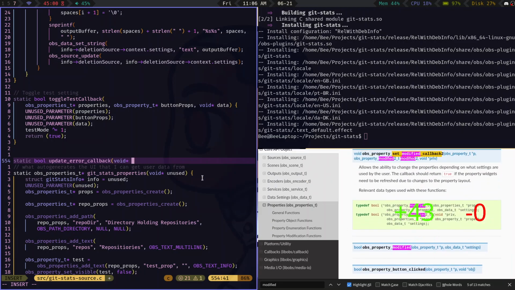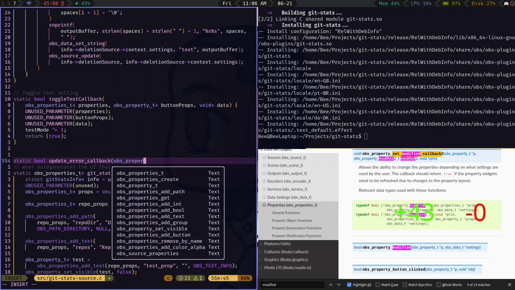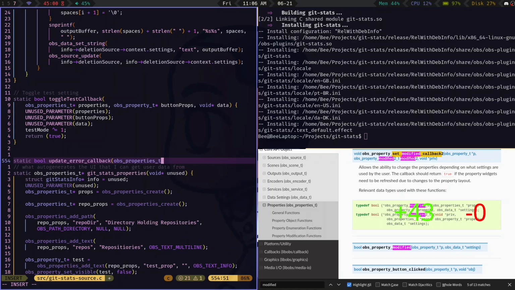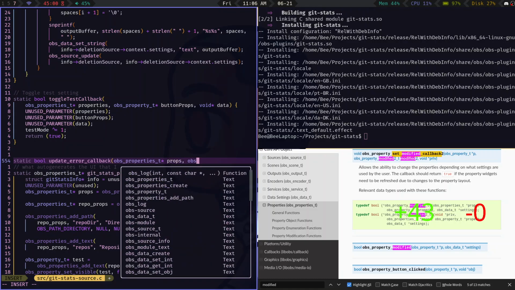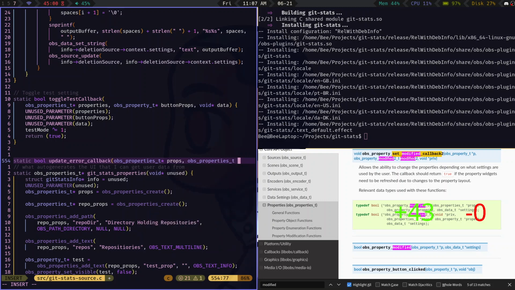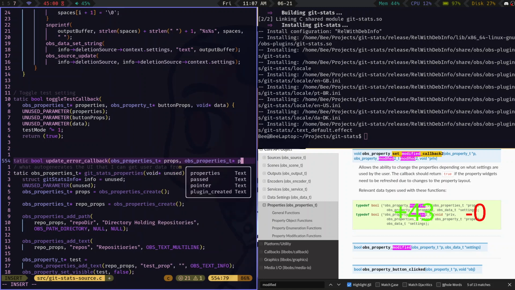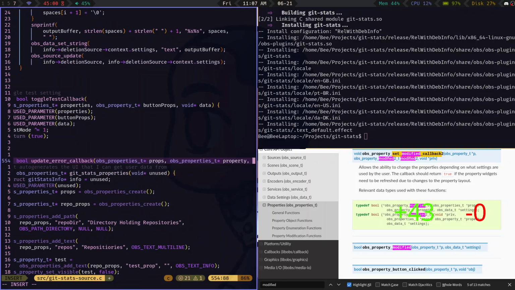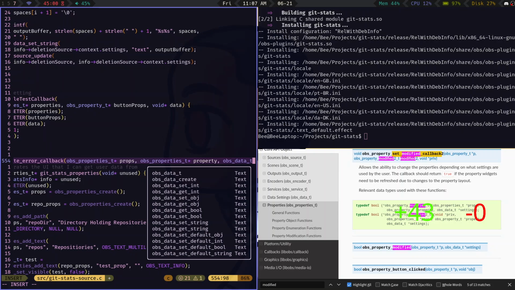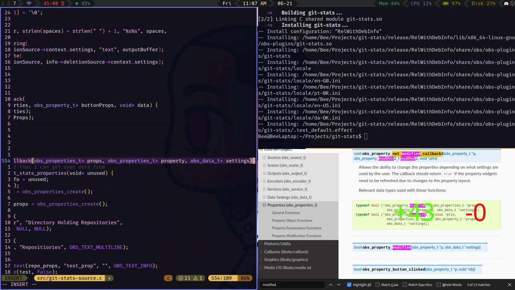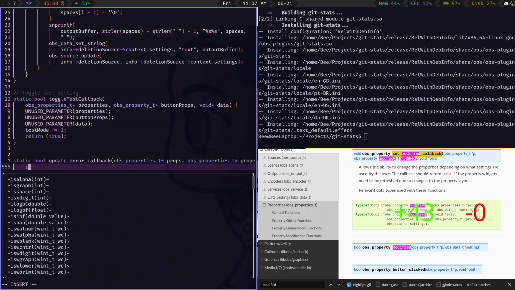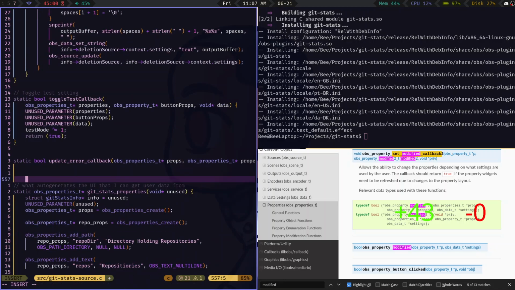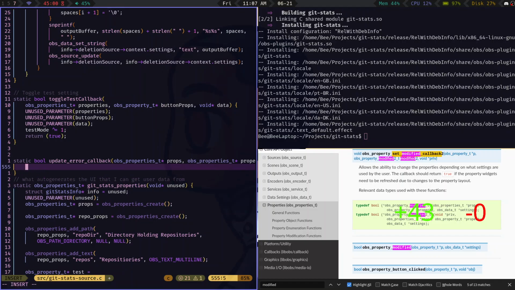It's void. No, it's not void. It's OBS properties underscore T props, property, settings. Right. Did I just delete that? Nice. So